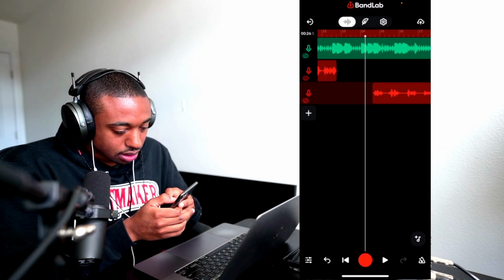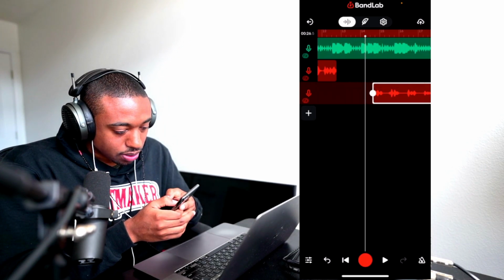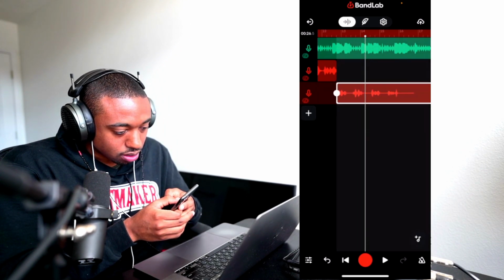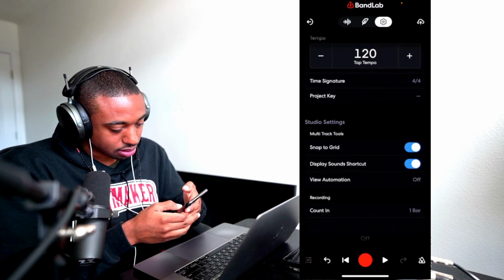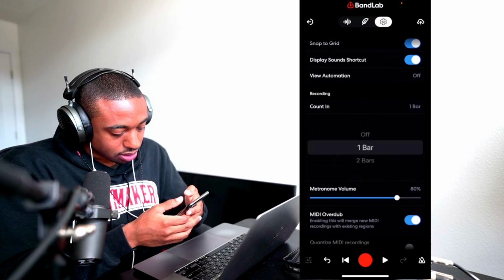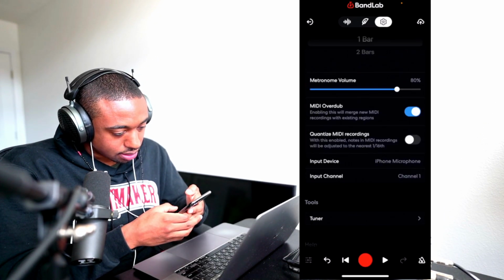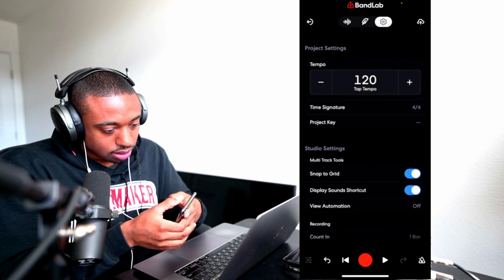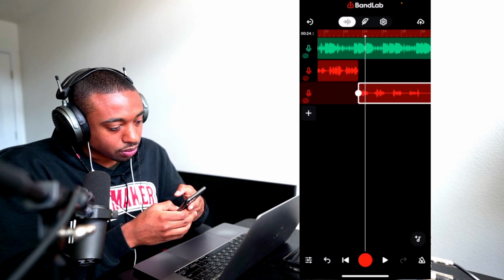So we're gonna left click. And now if I drag this, I don't know if it's gonna drag to the bar or what. How do we change our snap segments? Snap to grid. It doesn't say what snap to grid measurement it's using. So that is another kind of quirky thing. We don't know how many increments we're moving it over.